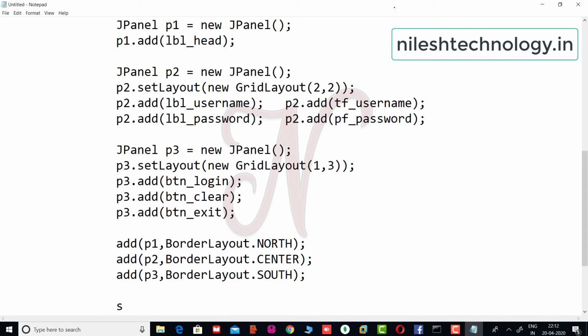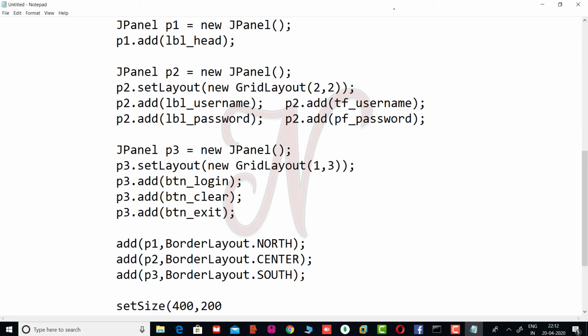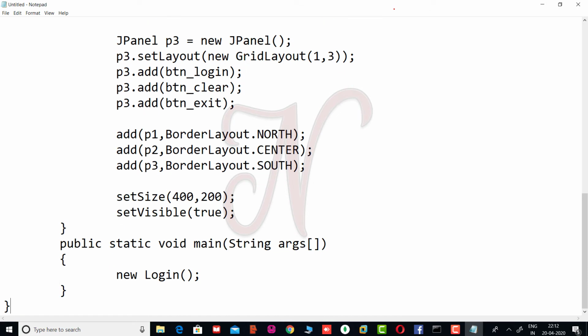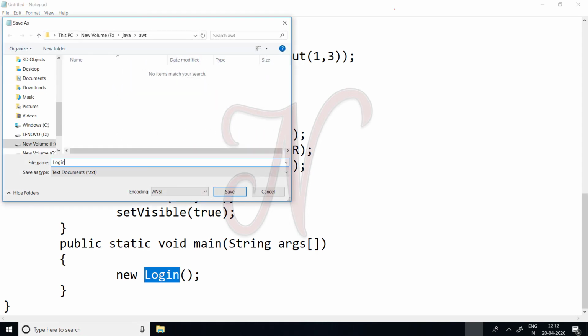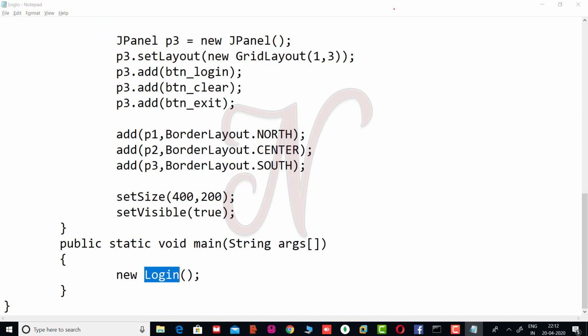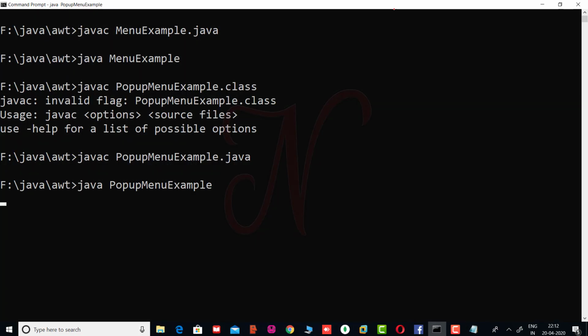So set size, width is 400, height is 200, okay. So see here we can save these changes as login.java, okay. So we have to compile this with javac login.java, okay, and run.